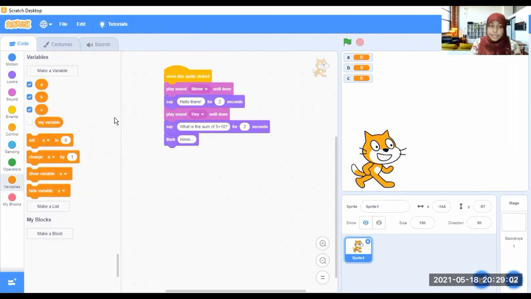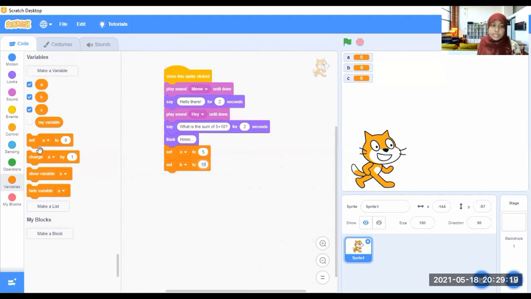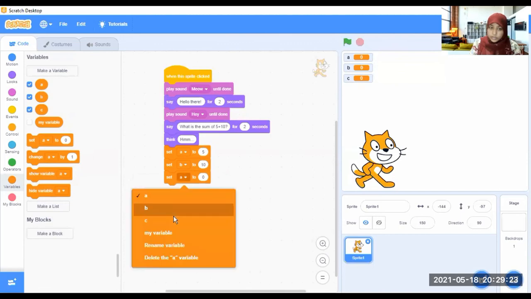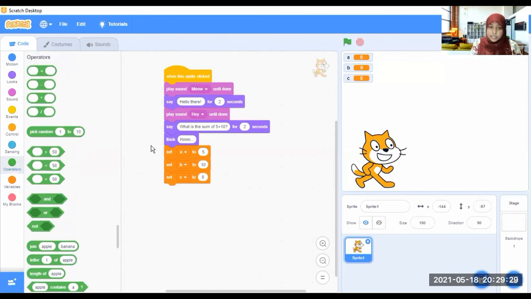Now I am telling, set variable A to 5. Then set B to 10. Set C to A plus B. So you should go to the operators and select this operator.